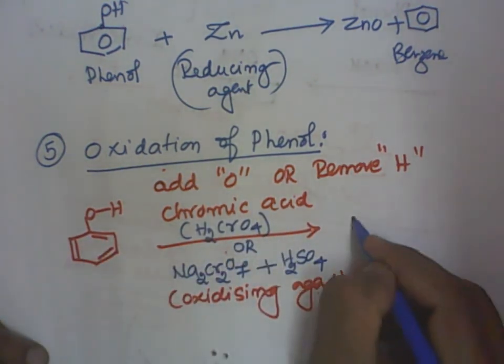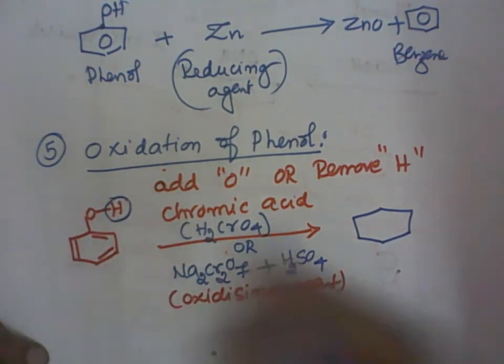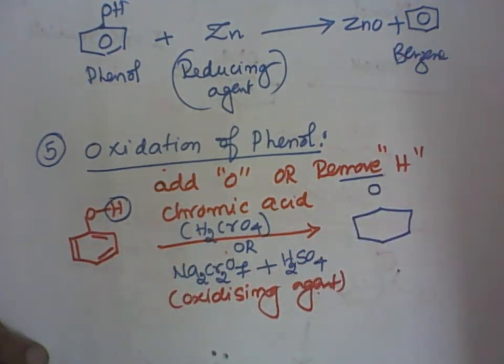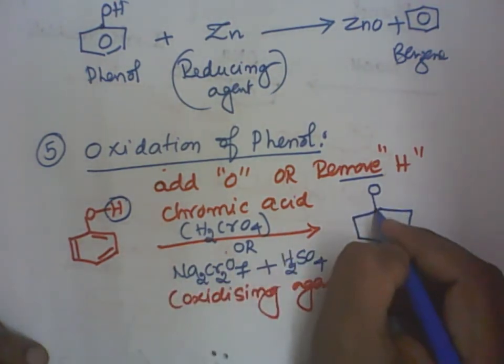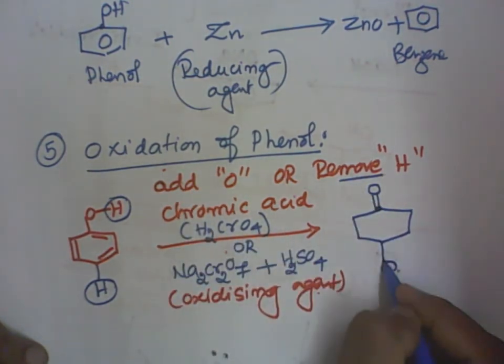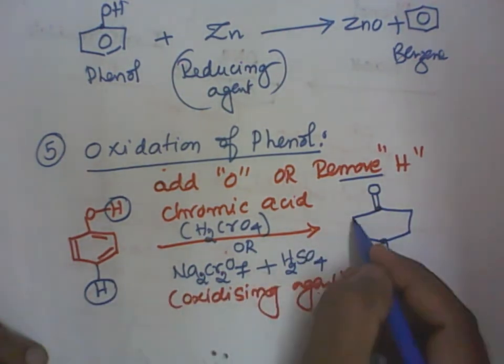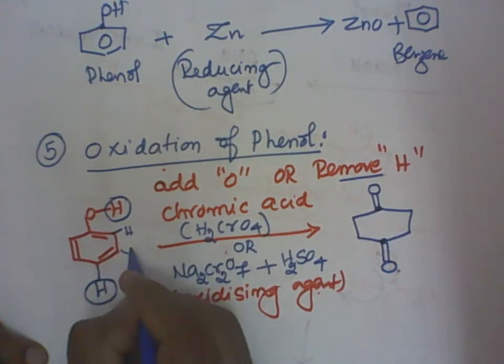What I'll do now is write the hexagon like this. I will not write the double bonds in between. I'll remove this hydrogen. Oxygen remains. Oxygen has two bonds attached to the carbon atom. Here, come to the para position now. Remove this hydrogen also. Introduce oxygen. Remove hydrogen, add oxygen. This is the product we are going to get. This carbon has 4 bonds. Done.